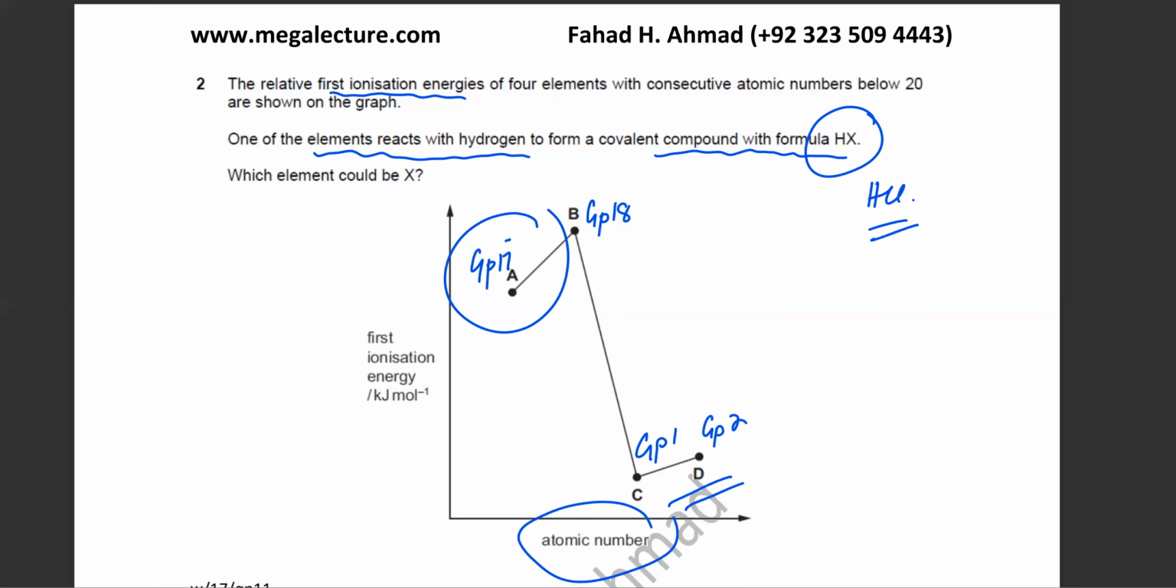Is this clear, this one? Yes or no? Yes, sir. So then the next one is,